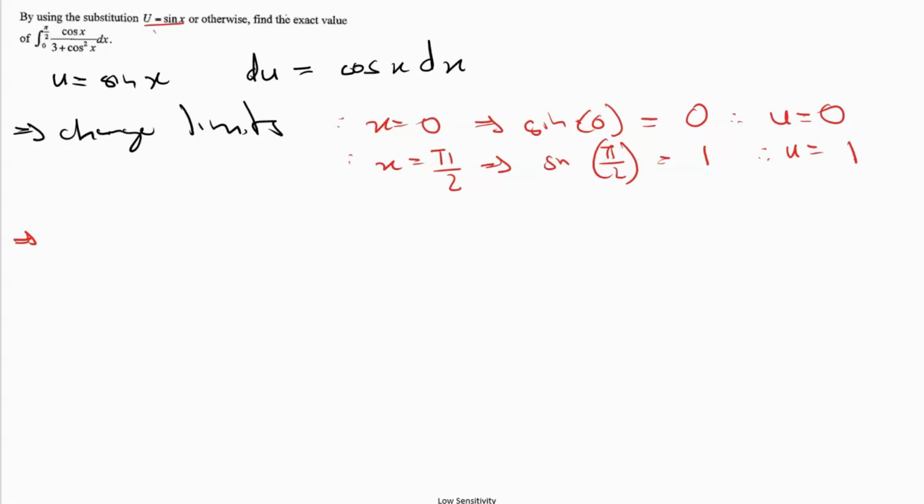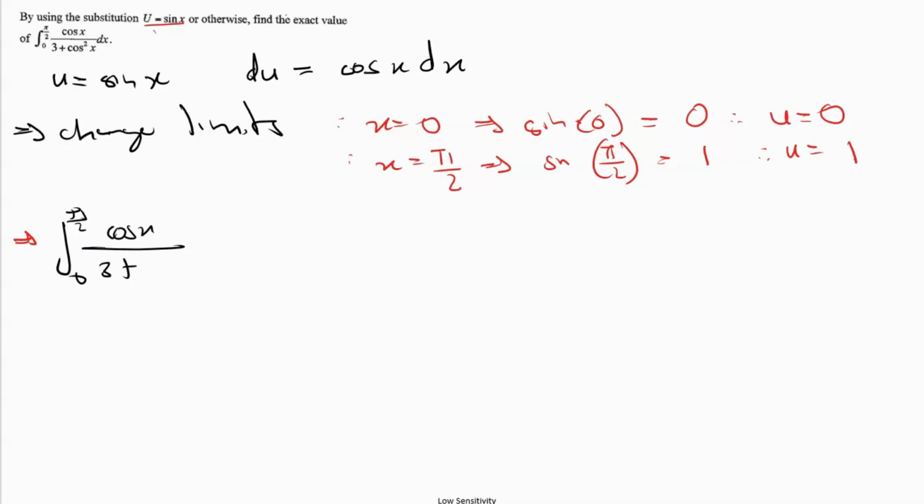I want to rewrite the cosine x over 3 plus cosine squared x. So this is going to be the integral, and right now it's still from 0 to pi over 2. So this is cosine x over 3 plus,